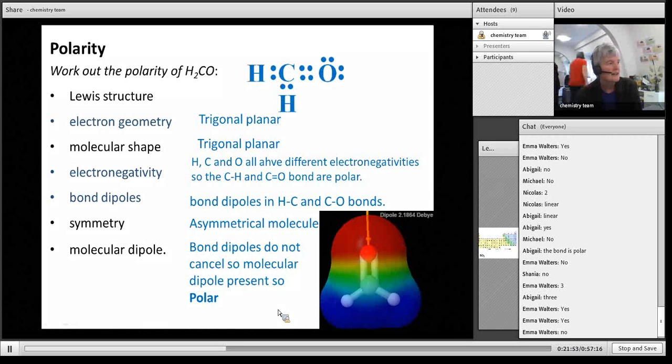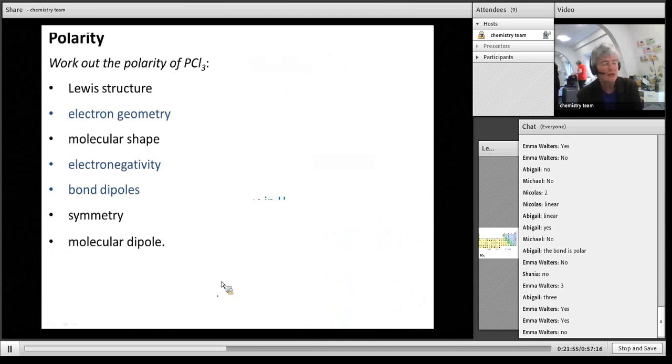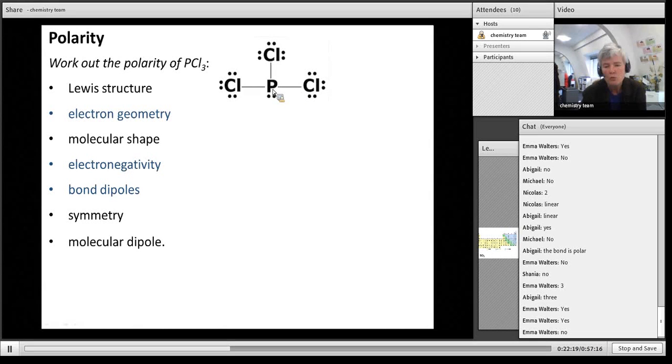Okay, let's do, I think this is the last one, PCl3. Phosphorus, group 15, so 5 valence electrons, chlorine, group 17, so 7 valence electrons. 7 3s are 21 plus 5 from the P is 26 electrons, and hopefully you can count 26 electrons there. Every line, of course, represents 2 electrons. Now, what is the electron geometry